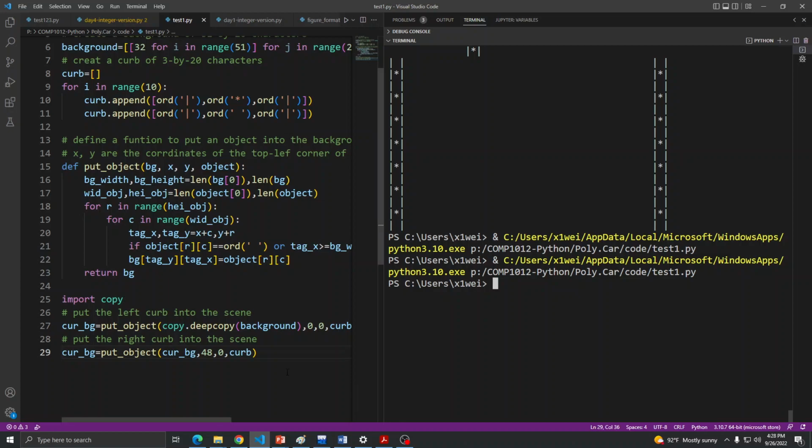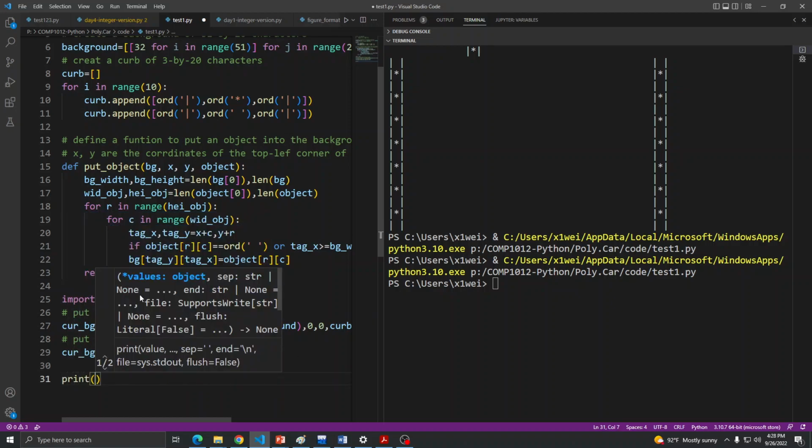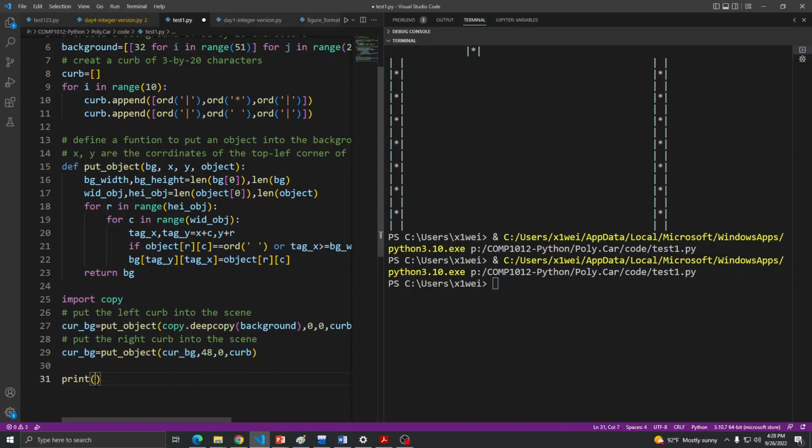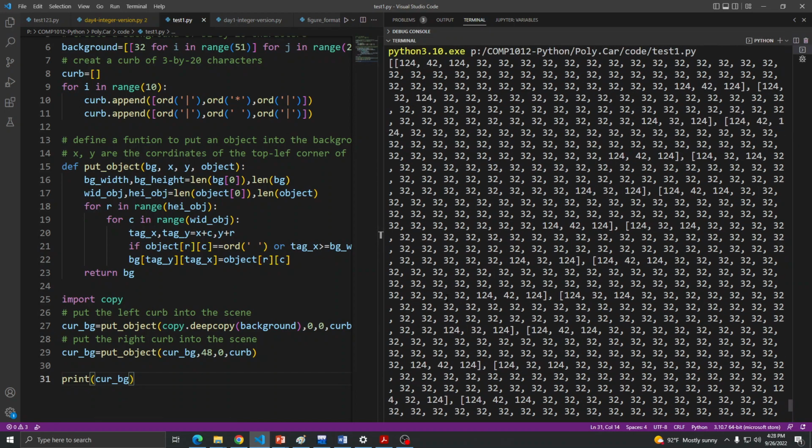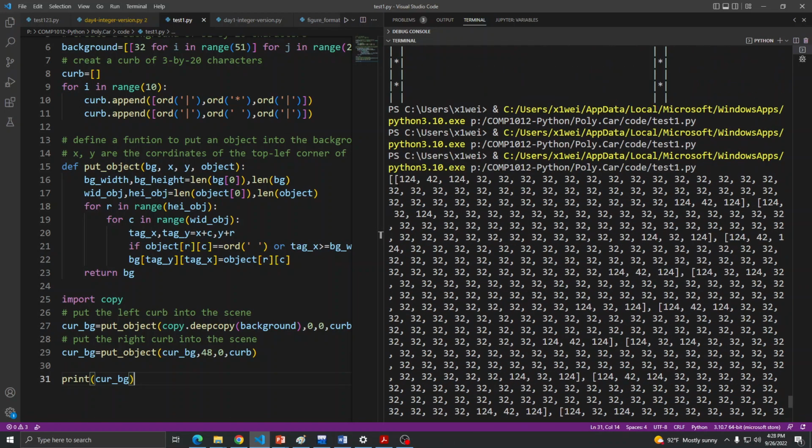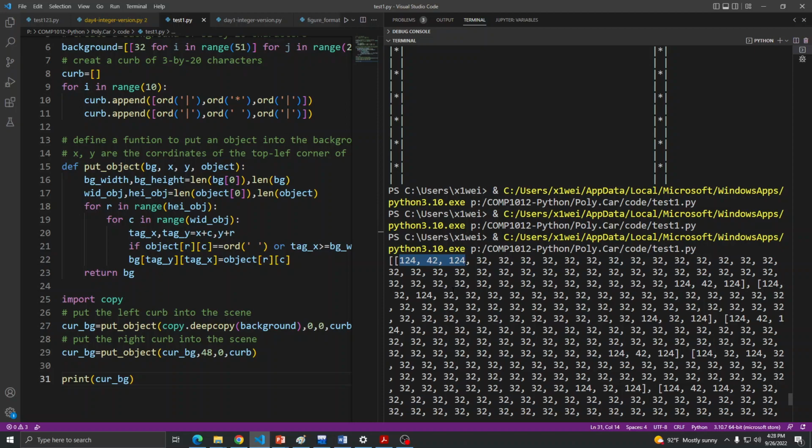You got nothing because we haven't printed out anything. So let me just print the updated list and see. You will see, okay, it's updated. You will see that actually the 32 corresponds to the character space, so that's the reason we got a lot of 32 here. It's corresponding to the space, and the first 3 is the value, the ASCII code for